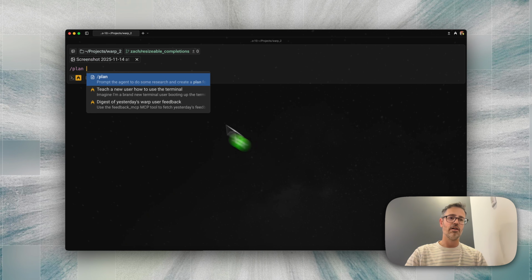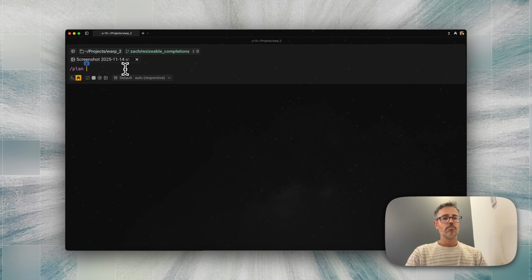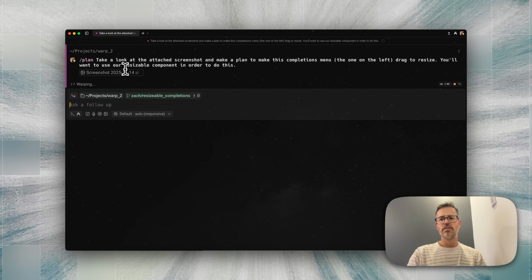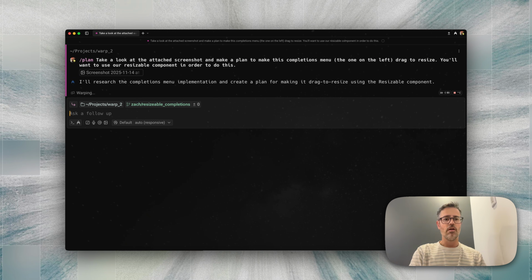I'll bring this in as context, and I'm going to say, take a look at the attached screenshot and make a plan to make this completions menu, the one on the left, drag to resize. You'll want to use our resizable component in order to do this. I speak to Warp, that's what I typically do. Go ahead and hit enter, and this is going to kick off a flow of exploration where our agent does